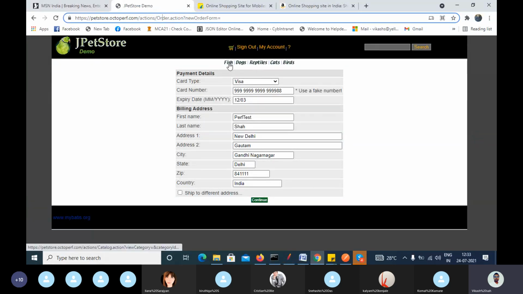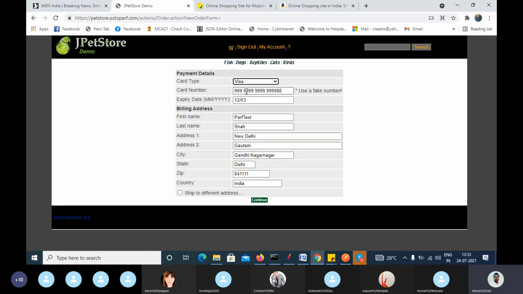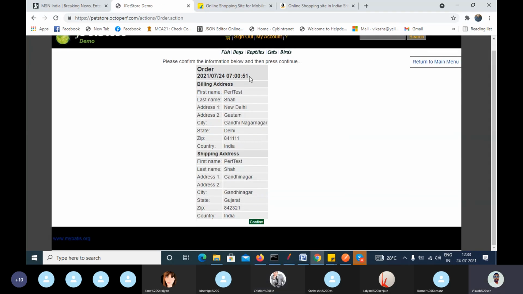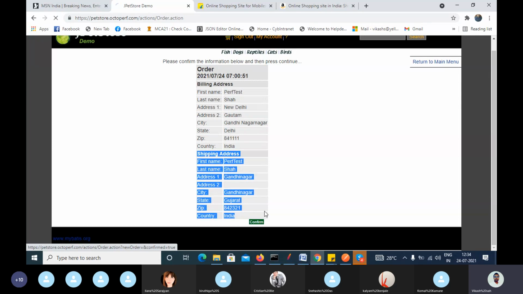Here I have selected the fish and the type of the fish, and it comes to the payment page where I have selected Visa and entered the card detail, and the first name, last name, address, and the city, and continue. When I click continue, it will ask me to confirm the order, and this is your shipping address. When you confirm,